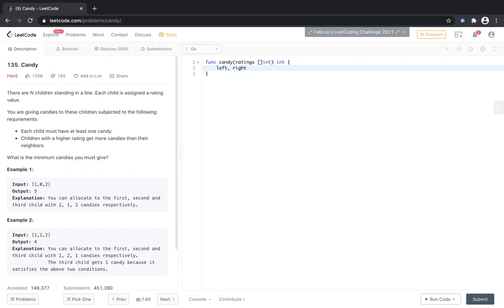Left and right are two arrays, and what is n? It is actually the length of the ratings array, and let's call it a because it's shorter to write.